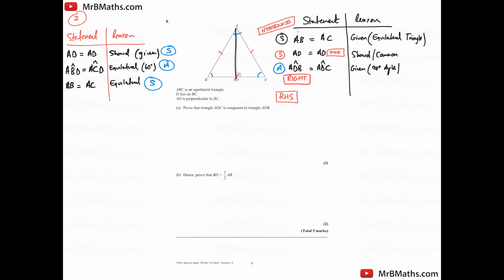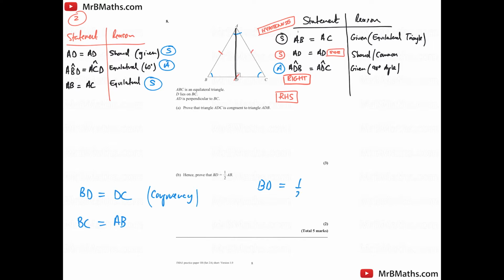Okay, so if we know that from above the two triangles are congruent, that would mean that BD equals DC. Okay, and that's from the congruency we just proven above. So if they are both congruent, that would mean that BC, so the entire bottom of the triangle, would be equal to AB. So if the entire bottom would be equal to the entire length of AB, that must mean that the length of BD